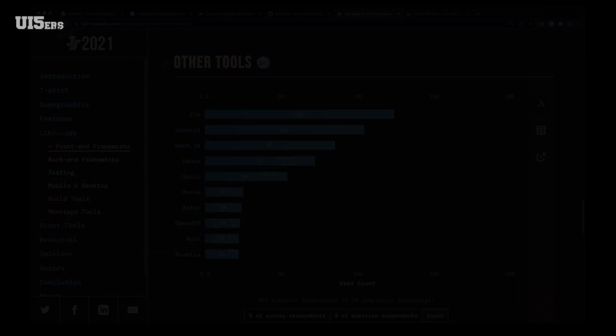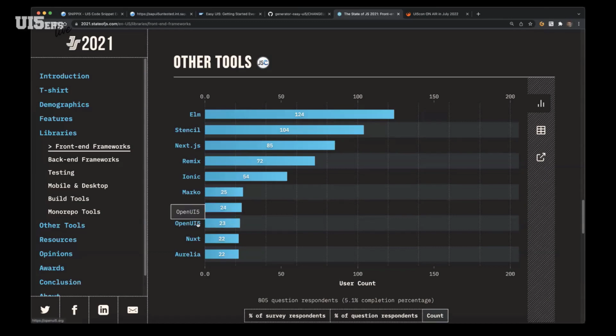Some weeks ago, the results of this year's State of JS survey came out, and we could see that some UI5ers took part in this. That was really great to see. It was a special moment for us to see our OpenUI5 framework on the list of frameworks. So thanks a lot to everyone who participated and shared their opinions with the creators of the survey.